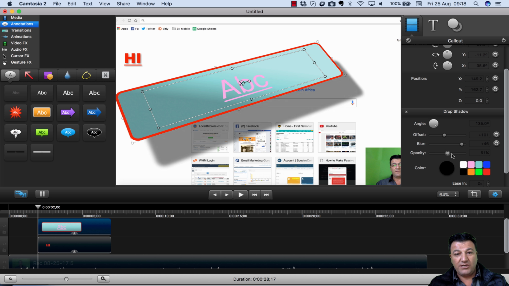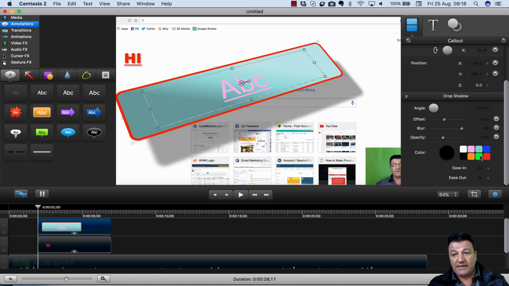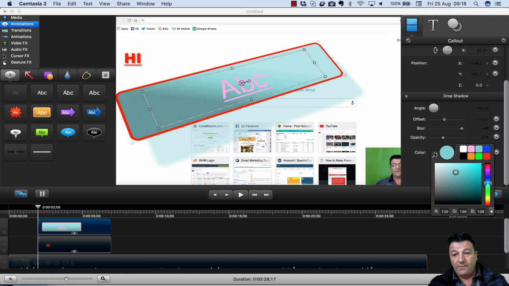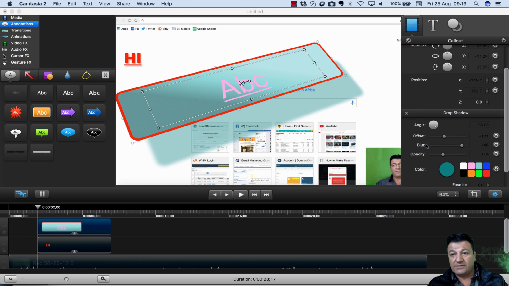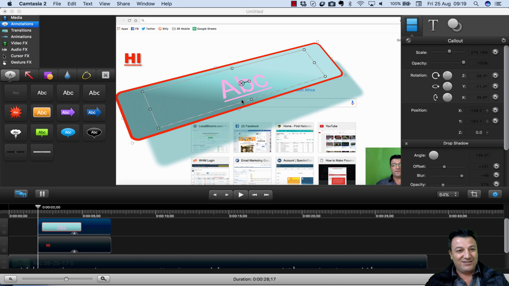I can also change the opacity of the shadow, which is nice, and I can change the color of the shadow to, let's say, blue, or I can choose a color with this little color dropper if I want to make it green. So I can choose any color that I want to on the color spectrum, which is really nice. So let's just make it that color, so there's quite a lot you can actually do with